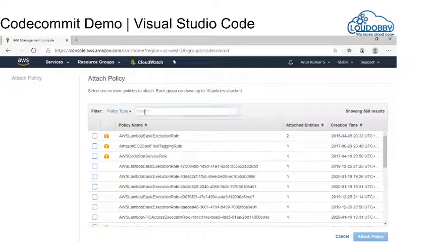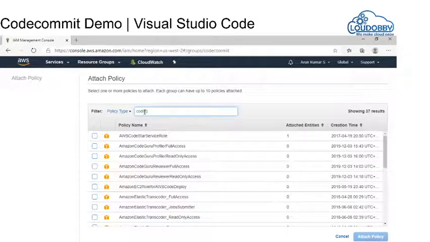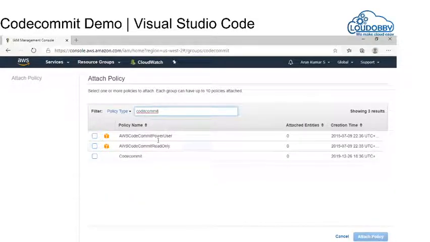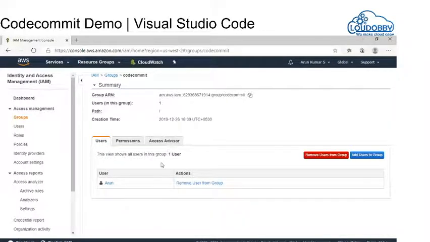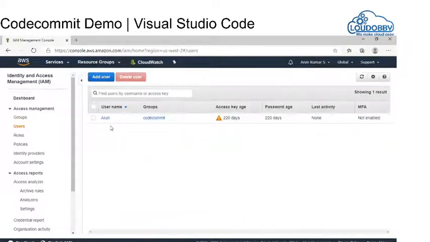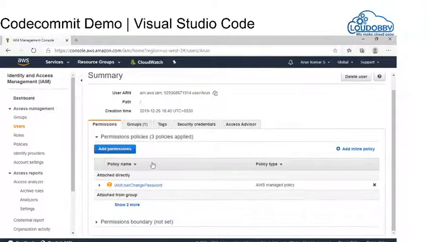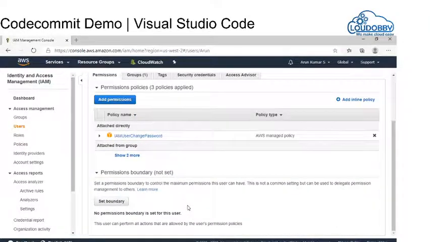So if you see here, the CodeCommit policy, you can choose power user, or you can choose CodeCommit read only. This is a group which I have created, but the user already has admin access. Now in the users page, if you click on the user, you can see what permissions the user has.